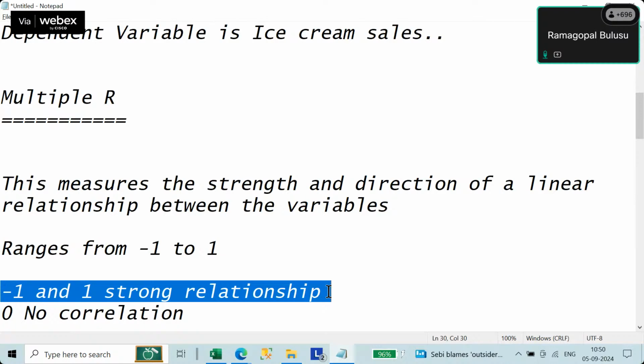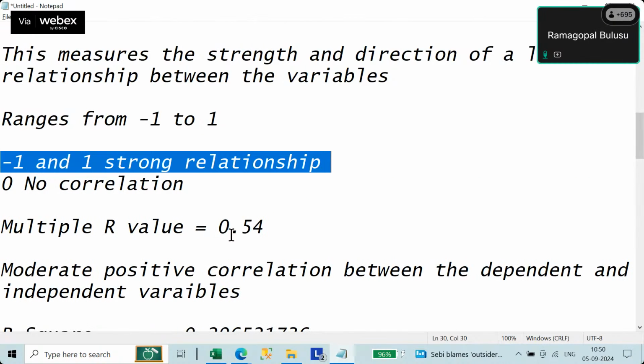What it means is, temperature is high means sales are more, that is a strong relationship. Or temperature is less, it means sales are less, that is another relationship. These are the two extreme conditions. In the two extreme conditions, we check on which side the values actually lie. So when we try to analyze that, we got somewhere like